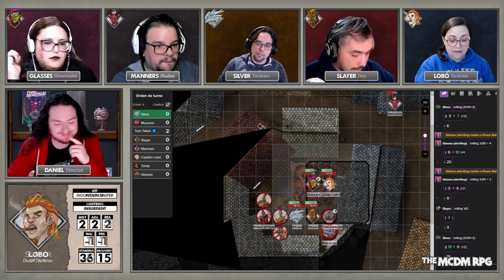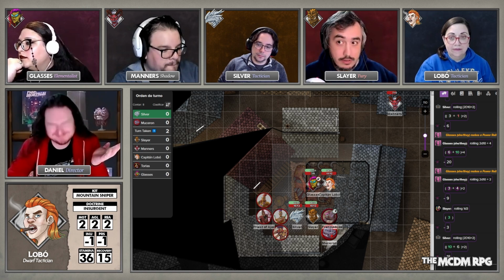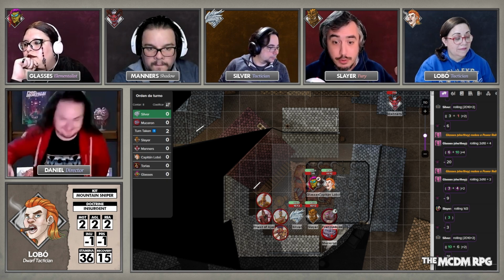I rolled a 7 and a 5 plus 2, so it'll be 14 with double edge. That's a tier 3. So that's gonna be wonderful. Wait, that's gonna be 20 damage, push 4